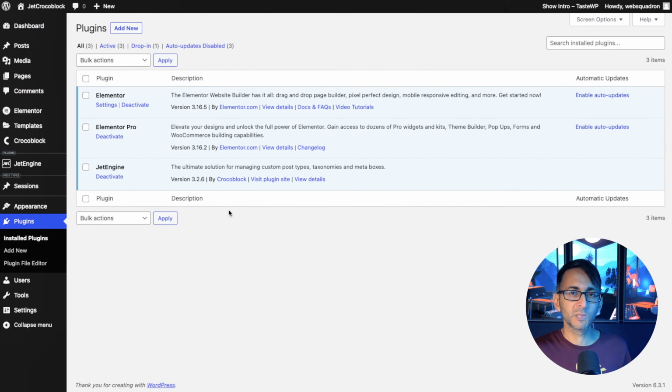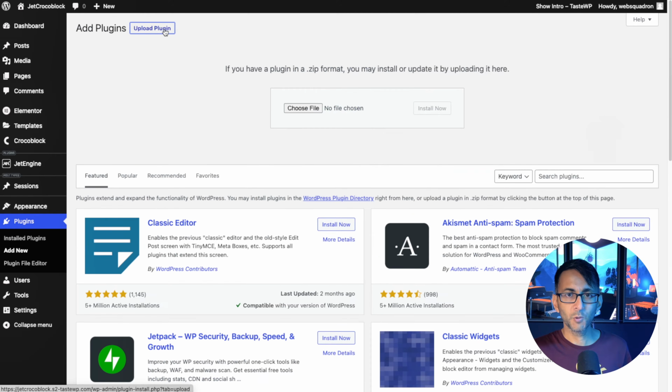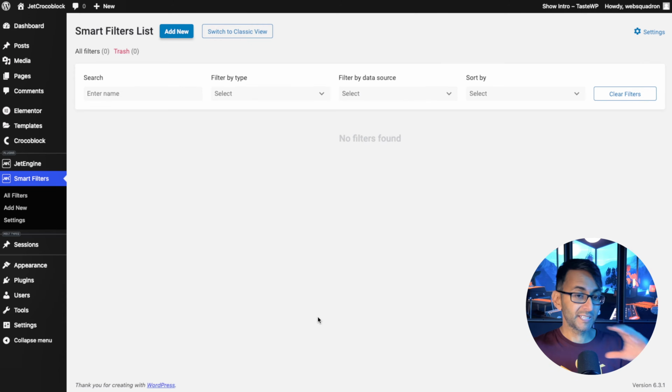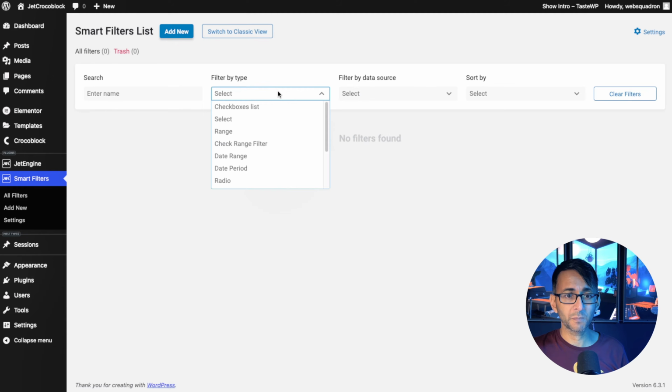Let's go and install the plugin. Go and click Add New, Upload Plugin, click JetSmartFilters, and then hit Open and Install. When you first go to JetSmartFilters, you're going to get a blank screen. Eventually, this is going to start to fill up with some of the filters that we're going to create. And let's just say you had 1,000 filters. You could even search for them using this facility at the top here. So you can now go, oh, I need to find a particular filter that's using a select feature, or